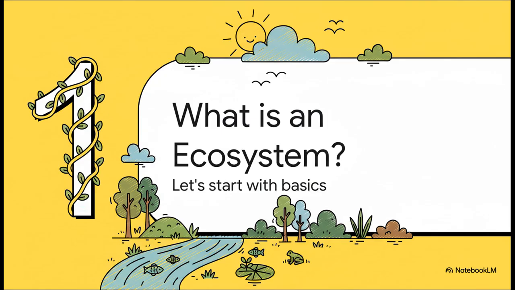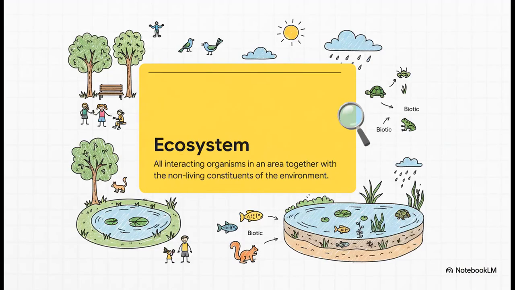Okay, first up, what on earth is an ecosystem? Now, this word might sound big and scientific, but trust me, it's all around you, in your garden, in a little pond, even in a drop of water. So, the textbook definition looks a bit complicated, but it's actually really simple. Think of an ecosystem as a team. It's a team made of all the living things, which we call biotic, and all the non-living things, called abiotic, all interacting in one place.